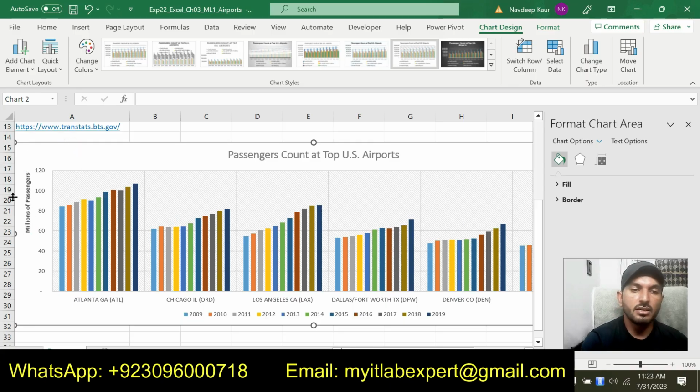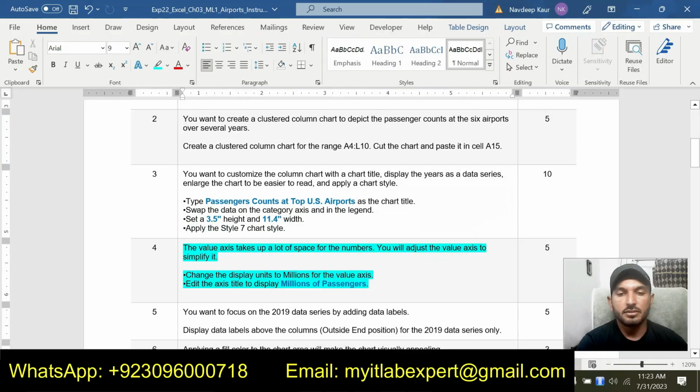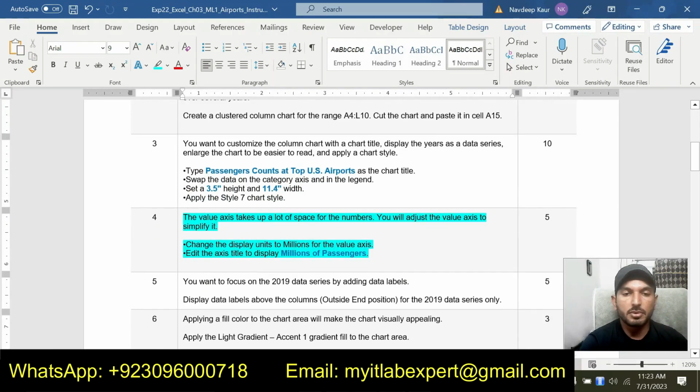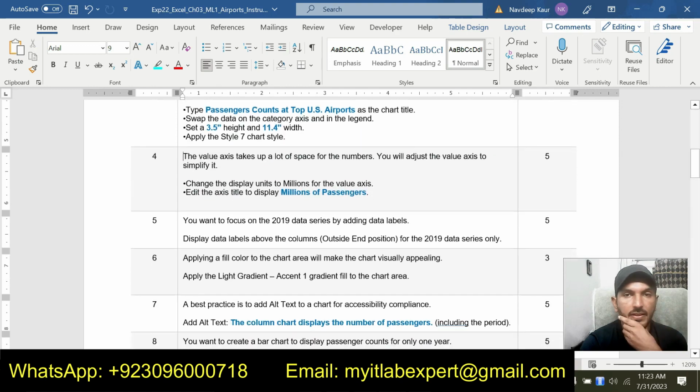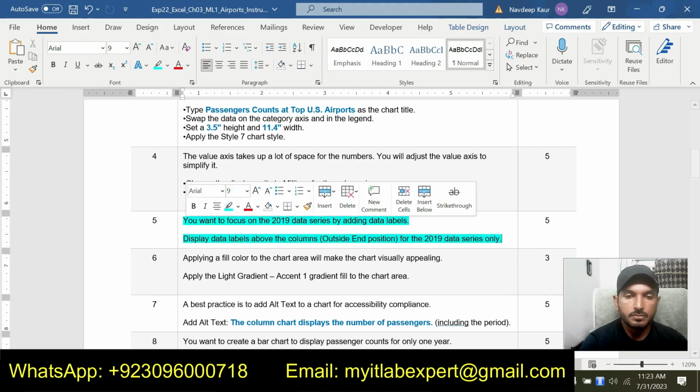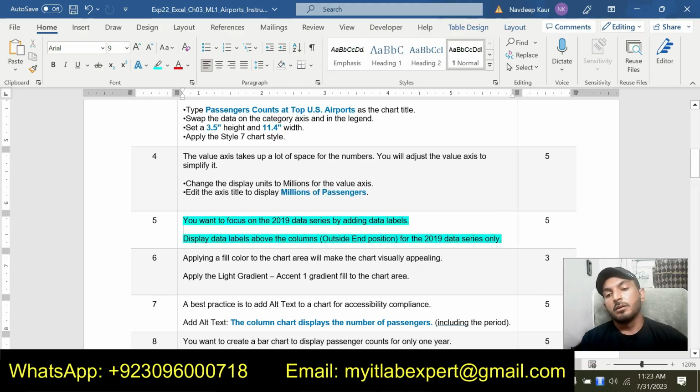So we have changed the title of the value axis to millions of passengers. So that is all about step number 4. Now we will move to the next step, that is step number 5.